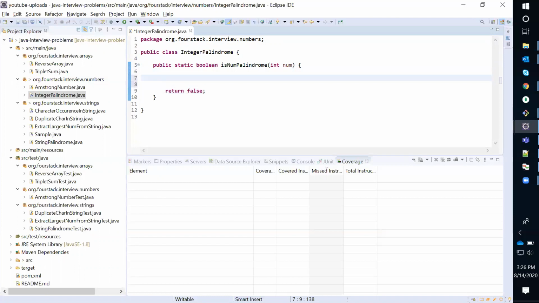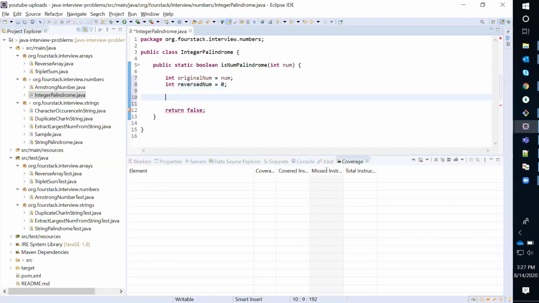So first, I will assign this num to originalNum. I need an int reversedNum, and reversedNum equals